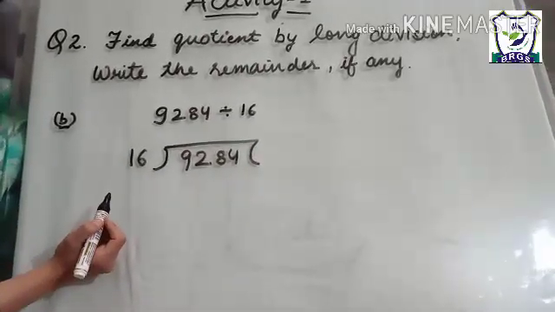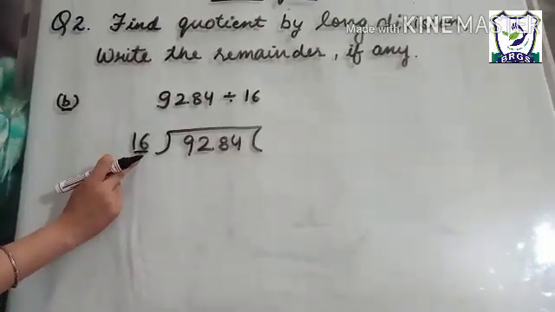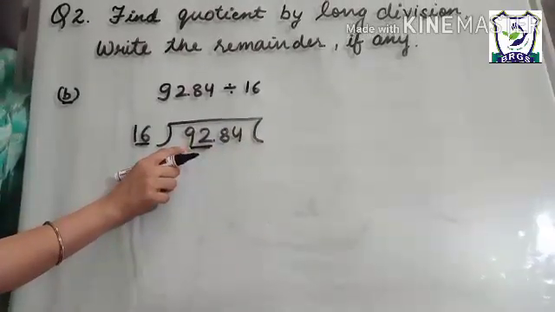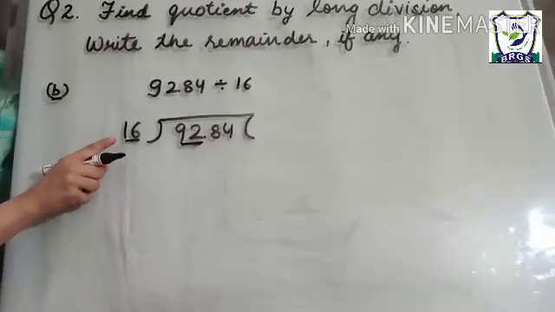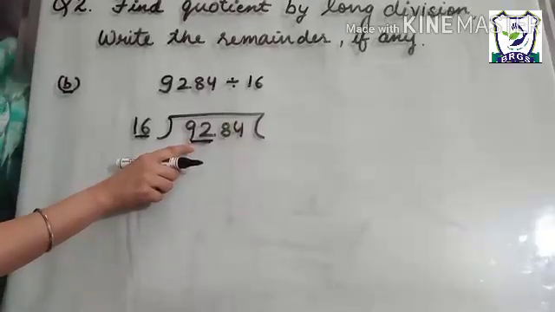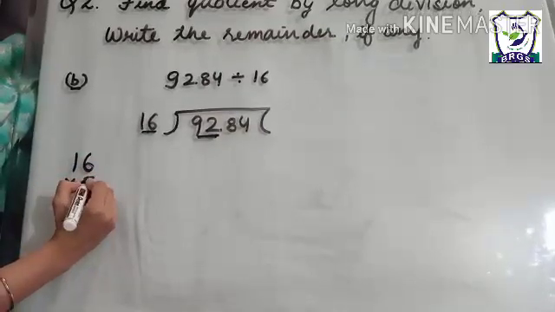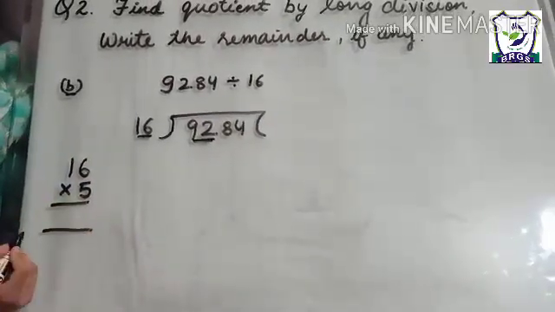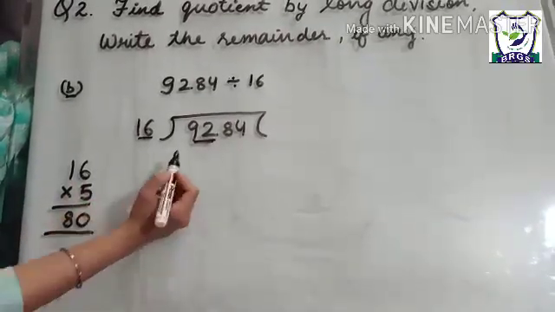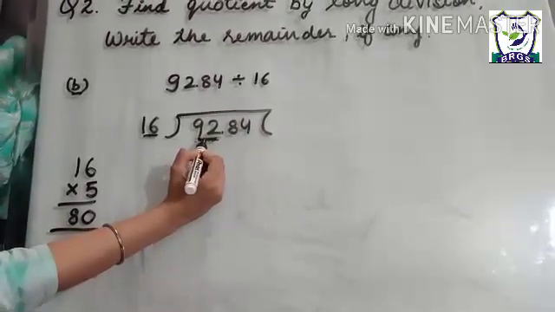So firstly what we will see, as our divisor means 16. Our divisor 16 is a 2-digit number. So we should consider the first 2 digits of the dividend, that is 92. Now students, first you see that how many times 16 goes in 92. Okay students, if you will multiply 16 into 5, you will get 80. Okay, if you will go 6 times, it will become a number more than 92, and we always have to take that number which is smaller than or equal to it.